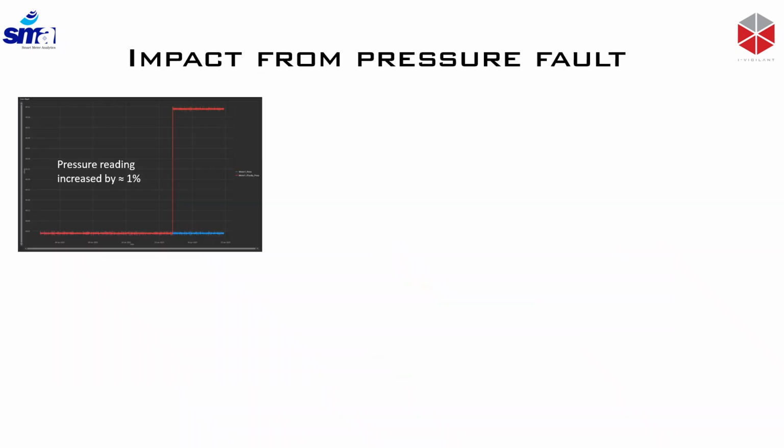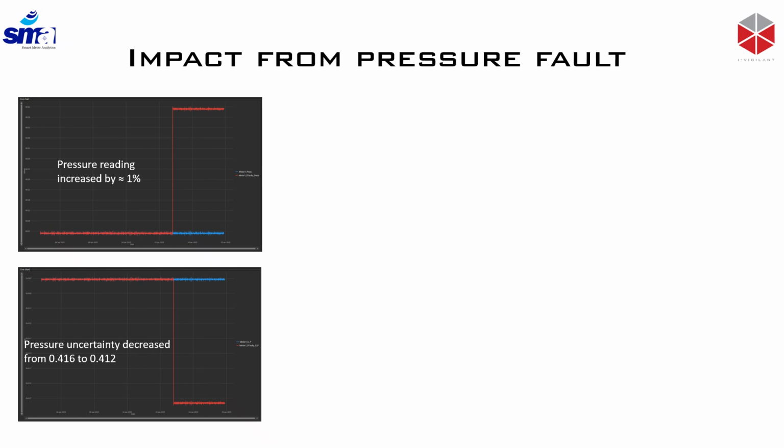So now I'm going to talk about the impact. We've introduced the pressure fault. What we did, we actually increased the pressure by 1%. In this particular trend, you can see this is the expected pressure, which is the blue trend, and then the red trend here is where we're introducing the error on the pressure by 1%. What's really interesting here,